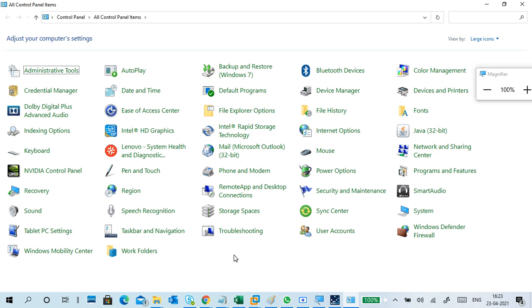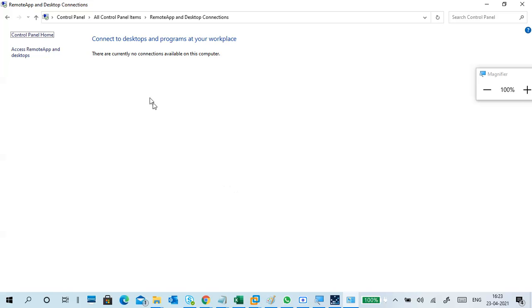Here, find out where remote desktop is. Yes, remote apps and desktop connections. You can see RemoteApp and Desktop Connections. Click it. It says it connects to the desktop and programs at your workplace.